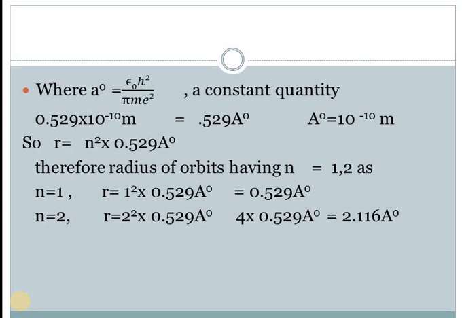From here you can very simply see that if n is 1, that is it is close to the nucleus, the radius is smaller, that is 0.529. When n is equal to 2, or we are talking about the second shell, then definitely the radius is larger, it is 2.11. So what is the relationship between radius and n? Both of them are directly proportional to each other.